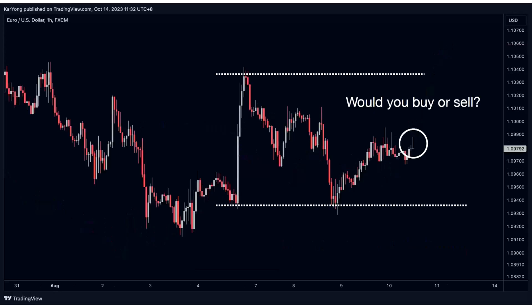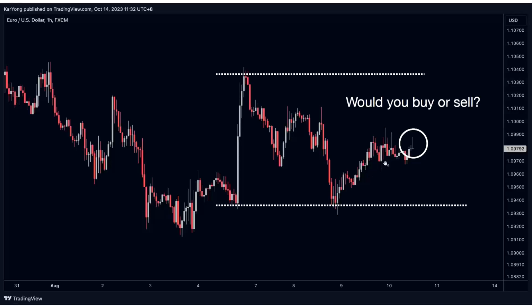This is another example to visualize the part where you don't really get the direction, but somehow you got lucky, and what would be the outcome. In this example here, you can see the market is essentially in a range. We have the top and the bottom. The price is basically bouncing up and down in the middle of it.